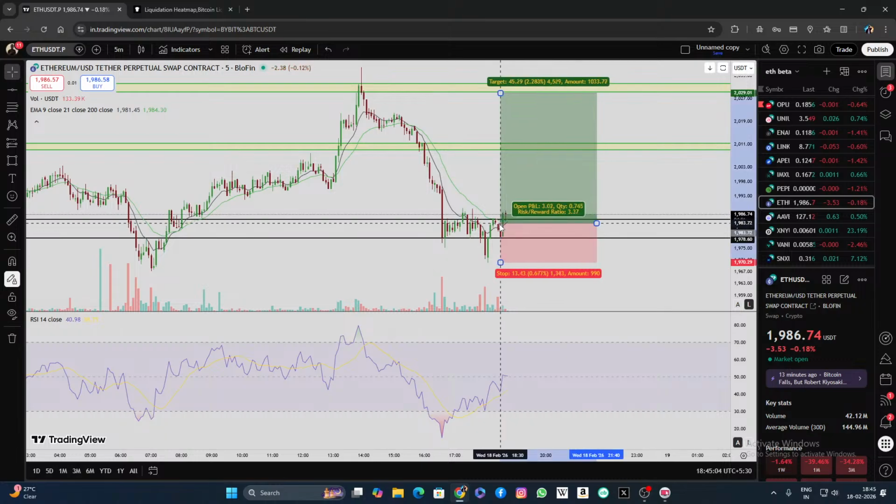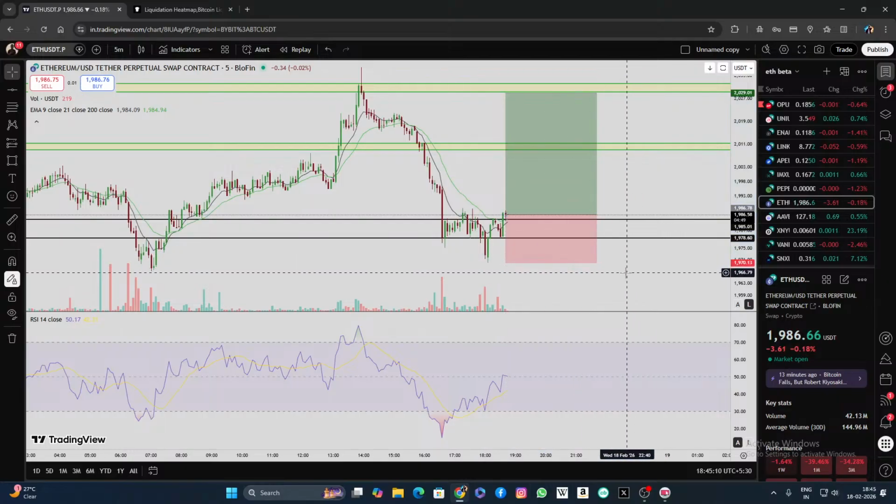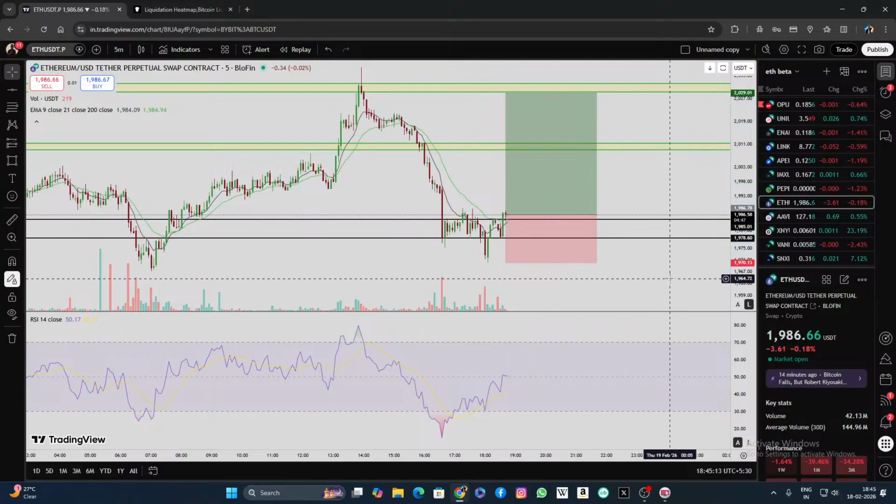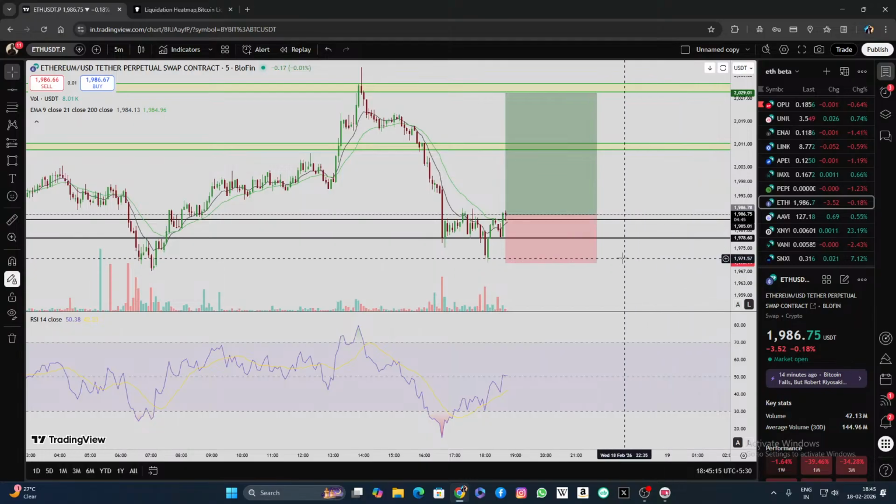So guys, anyone wanna enter in ETH long, you can. It's a quick scalp with small stop loss. The stop loss is 1970, and